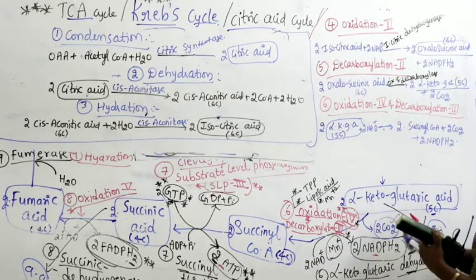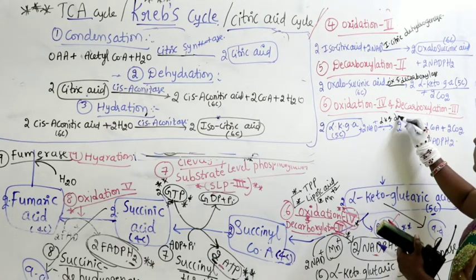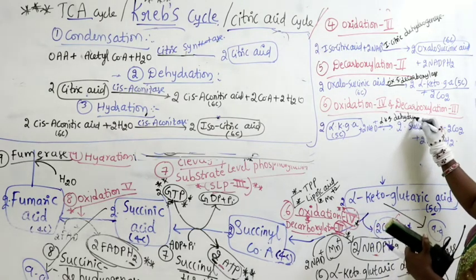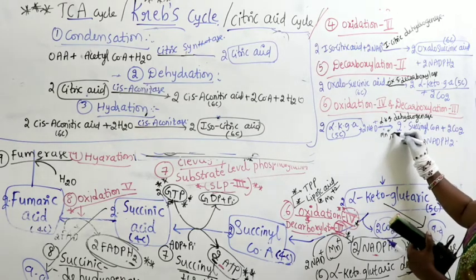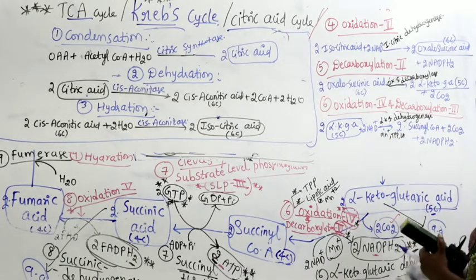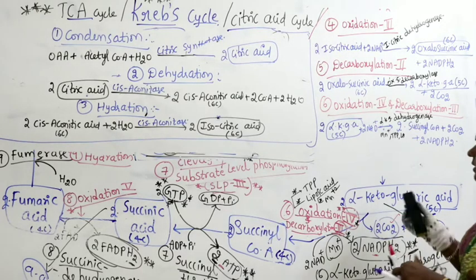Make sure that you split the cycle and start writing the equations so that you can easily remember. Practice like this. So what will you get here? Alpha ketoglutaric dehydrogenase. Dehydrogenase. Mn plus will be there, TPP and lipoic acid act as cofactors. Right? Now further, let us continue further.